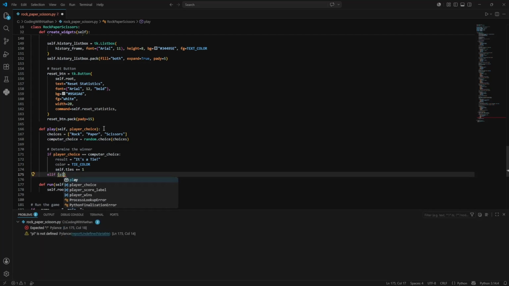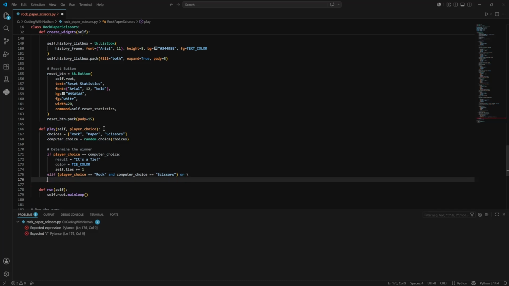Else, if the player choice equals rock, and computer choice equals scissors, or continue this line. Player choice equals paper,